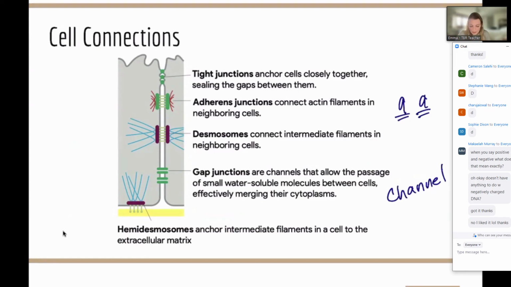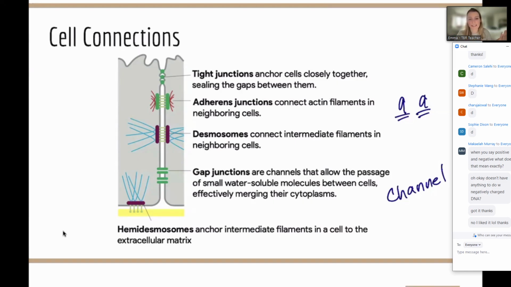And these kind of cell connections are just important to think about. They do sometimes come up, but they're not super, super common. They are important when we think about epithelial cells. Epithelial cells are one of the 4 tissue types, and they are often making linings in the body. So if we have a lining, think about your skin, your respiratory tract, your digestive tract. We want all of those cells to be really well connected together.